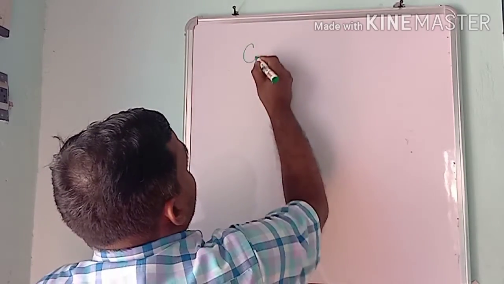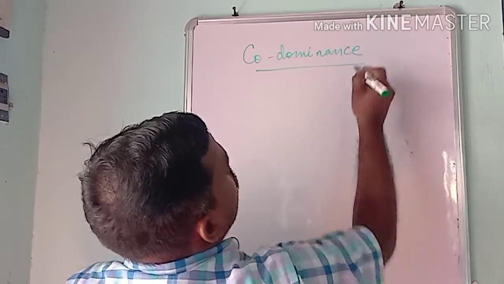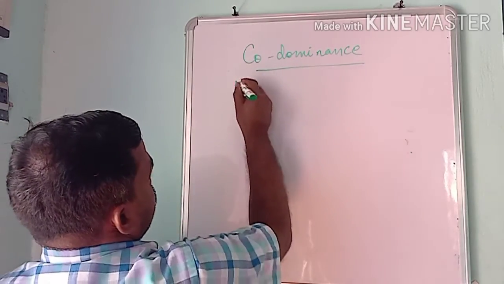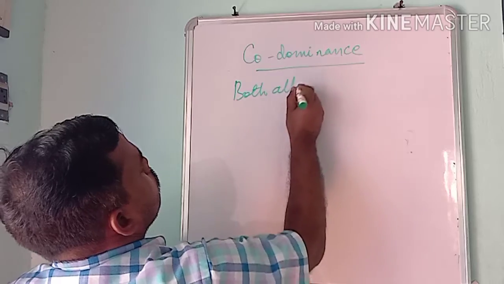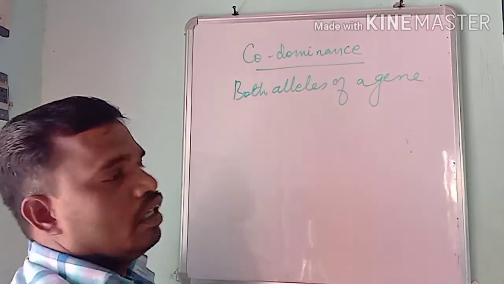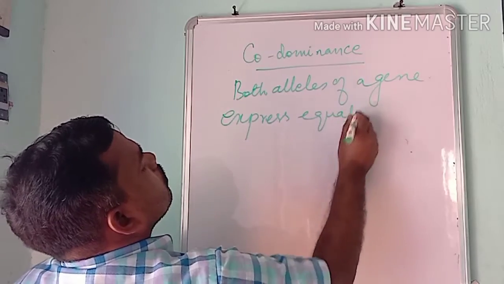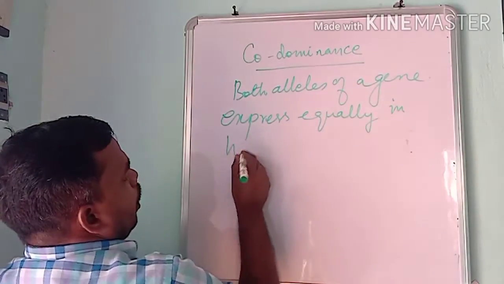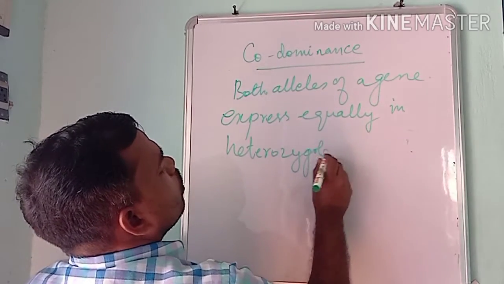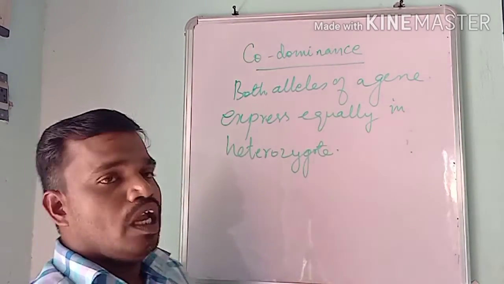Okay, what is codominance? Codominance: both the alleles of a gene express equally in heterozygotes. So both the alleles, for example in the case of the ABO blood group,